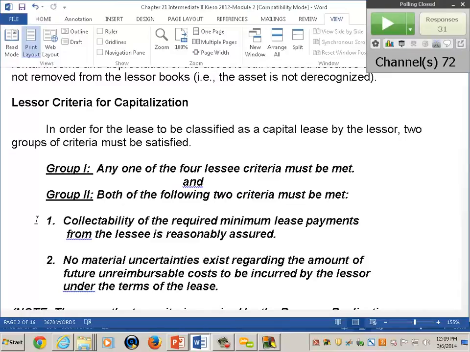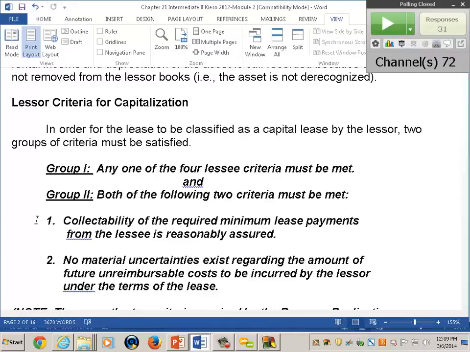Now, of course, there is an off chance that you don't meet revenue recognition. Then what happens? Where does the asset go? The lessee has the asset on a capital lease. You've got an operating lease as the lessor. Do you still have the asset on your books? Let's say you meet group 1 but not 2. In group 1, that means that the lessee has a capital lease and they've got the asset. If you fail group 2, you have an operating lease and you have the asset on your books.